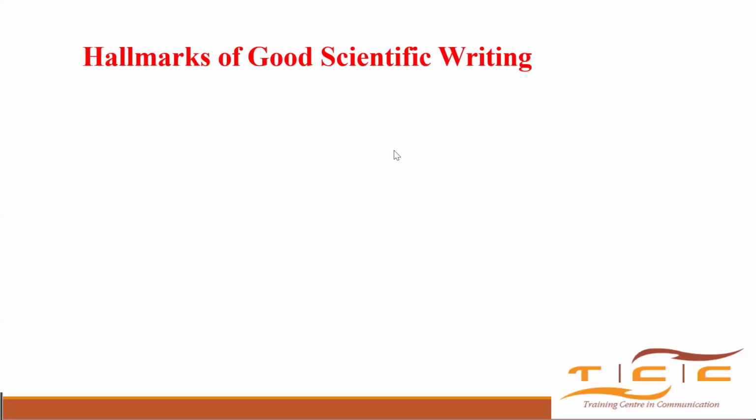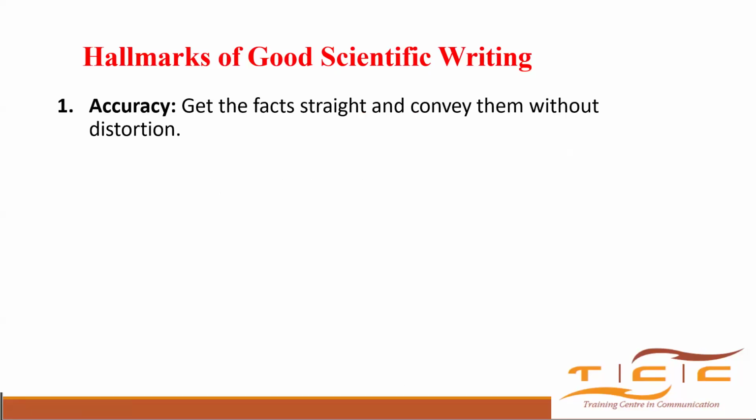So I'll just add a few things to the voices, and all of them speak to what everyone has said. One of them is accuracy. So when you're writing, you need to get the facts straight and convey them without distortion. I think you've talked about this already. And also trying to do the story you want to tell. So you need to tell us an accurate story.